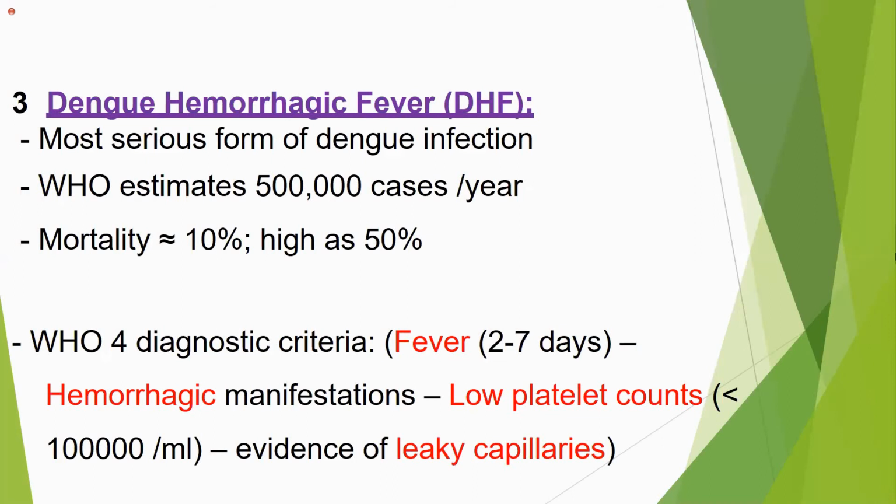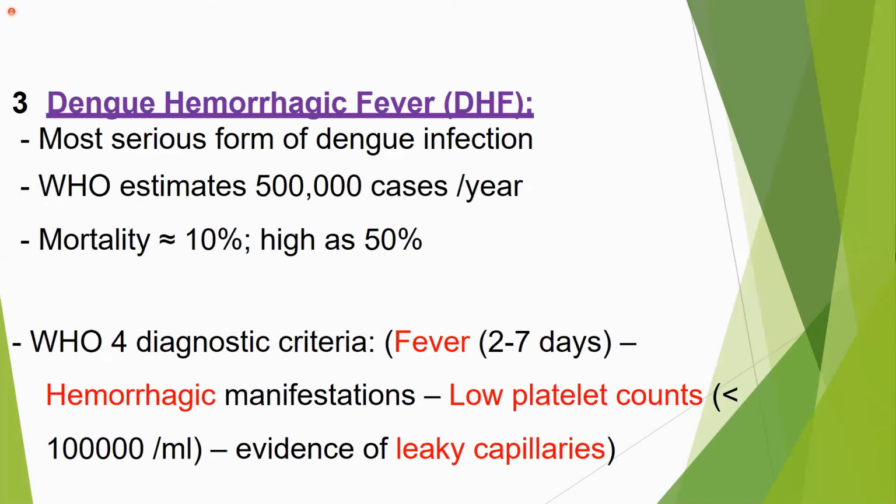WHO estimates that more than 5 lakh cases of dengue hemorrhagic fever occur every year. Mortality is 10% and can increase up to 50% if proper treatment is not given. There are 4 diagnostic criteria: high-grade fever, hemorrhagic manifestations, low platelet count, less than 1 lakh, and evidence of leaky capillaries in the form of